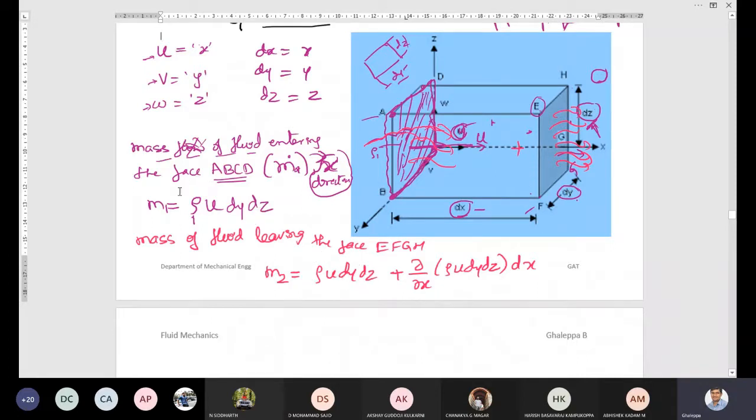The same equation which I wrote for M1, I have taken, and plus an additional small partial differentiation I have written. Partial differentiation means small change in mass of the fluid. Some mass of the fluid will be adjacent to the surface, stuck somewhere here, and that we have to consider as mass. So for that reason we have taken one additional term.